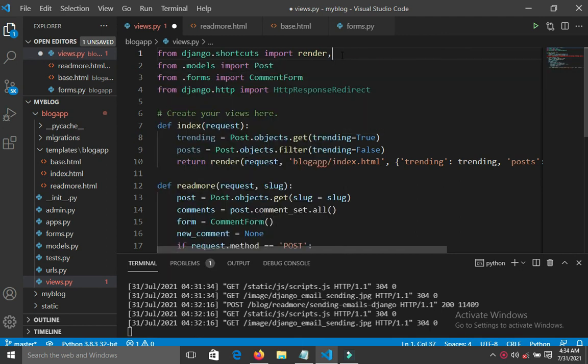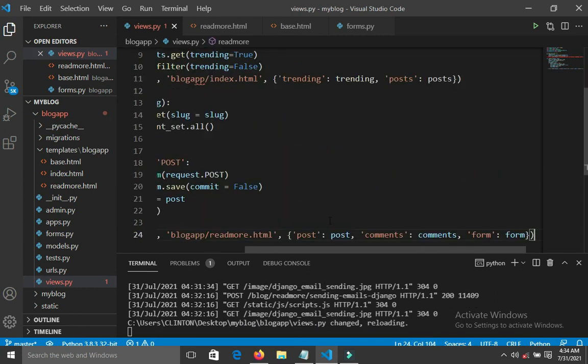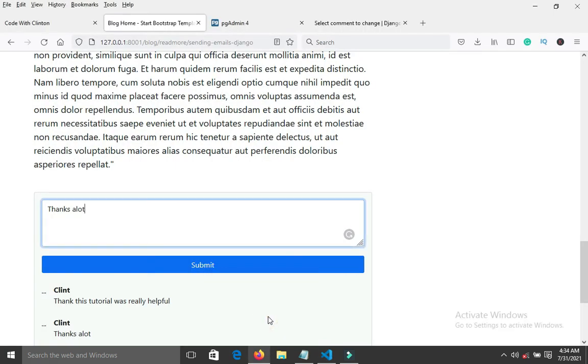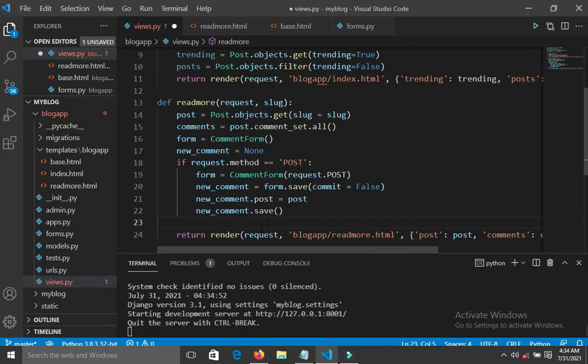Where is reverse coming from? I'm going to say from Django. So we can import reverse from django.urls, import reverse. So that's what I need now. So scroll down. So just here, we're going to return an HTTP response redirect. This is just like the normal dynamic URL we use in the templates. Understand? This one we use in the views.py. So now I'm going to simply say return